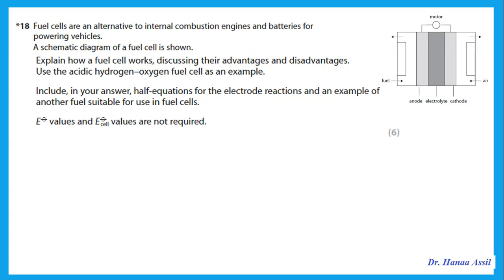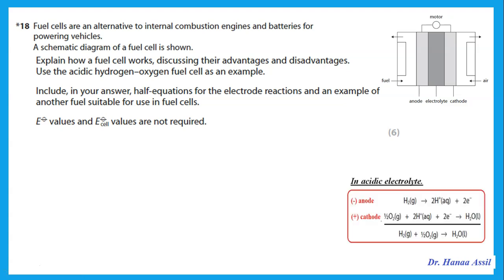Explain how a fuel cell works, discussing advantages, disadvantages, using the acidic hydrogen-oxygen fuel as an example. Include in your answer half equations for the electrode reactions and an example of another fuel that is suitable for use in fuel cells. So, if we're talking about the hydrogen-oxygen fuel cell and we're required to talk about the acidic